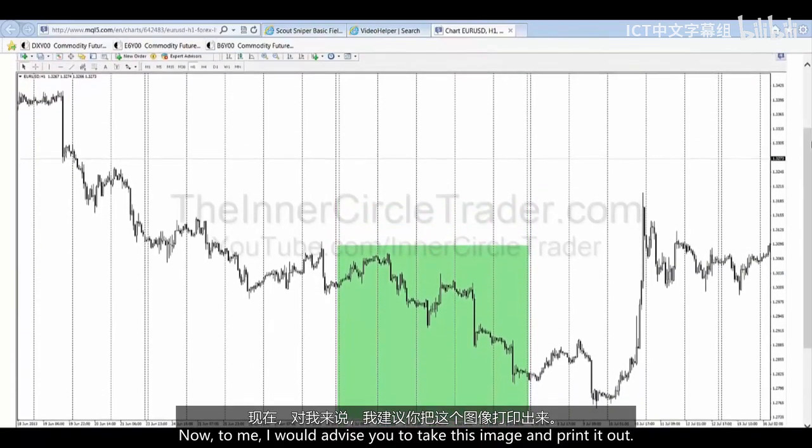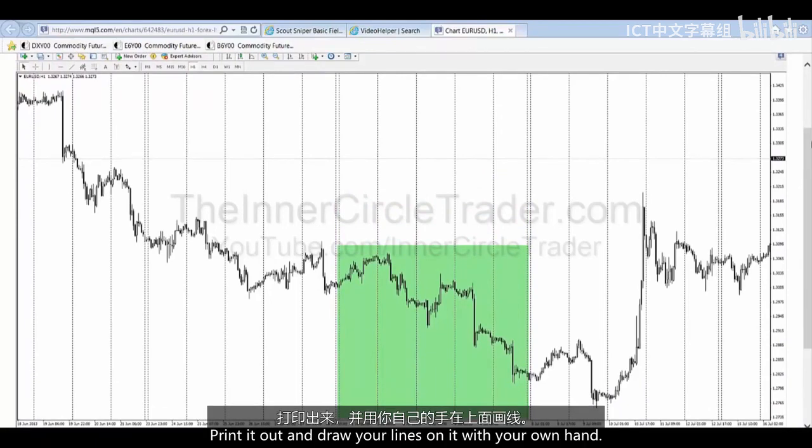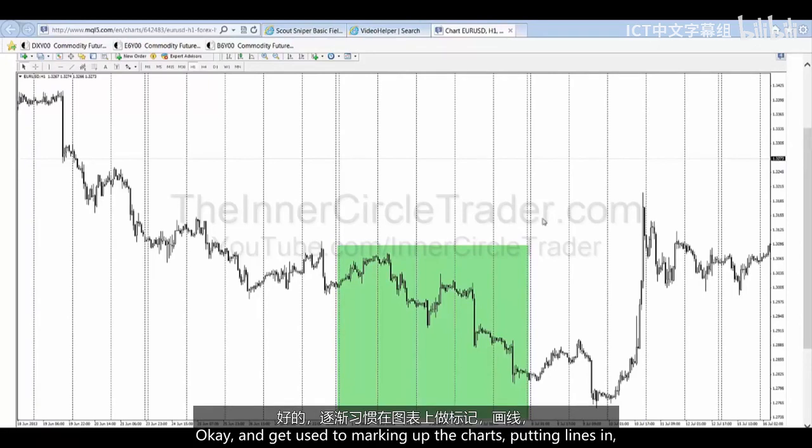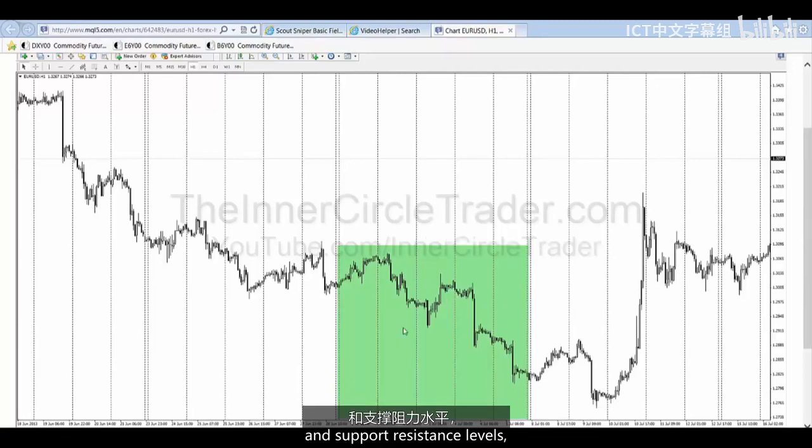I would advise you to take this image and print it out. Print it out, draw your lines on it with your own hand, with your pencil and ruler. Get used to marking up the charts, putting lines at support and resistance levels, and make notations of time and price. And then I promise you, if you do this every single day for one pair,